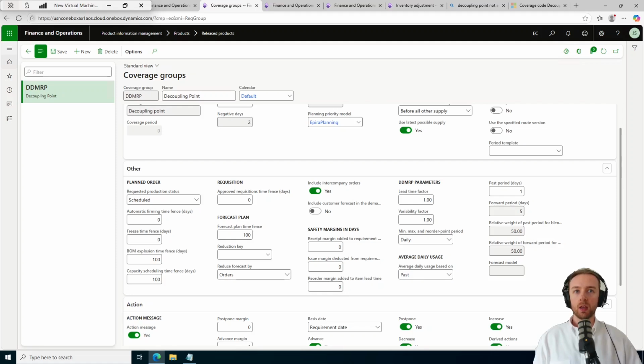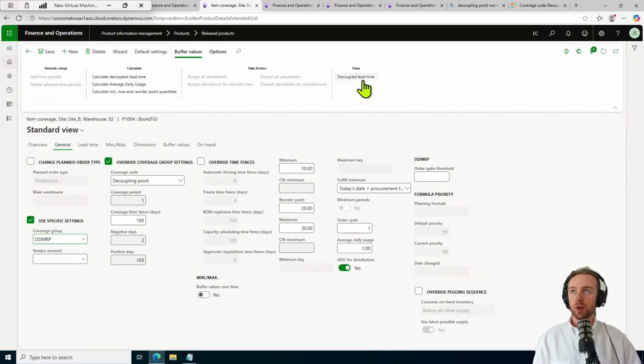Okay. So we can pop back over to our item coverage now and take a look at our decoupled lead time. Because remember, that's kind of the beginning of figuring out how to plan correctly with DDMRP. We need to establish what is a decoupled point by assigning the decoupled point coverage code. And then, based on the lead times that we have, calculate with the system what the true decoupled lead time is going to be for our produced item after we tell the system, hey, this raw material over here, that's going to be decoupled. Don't worry about its lead time. So clicking on back here,